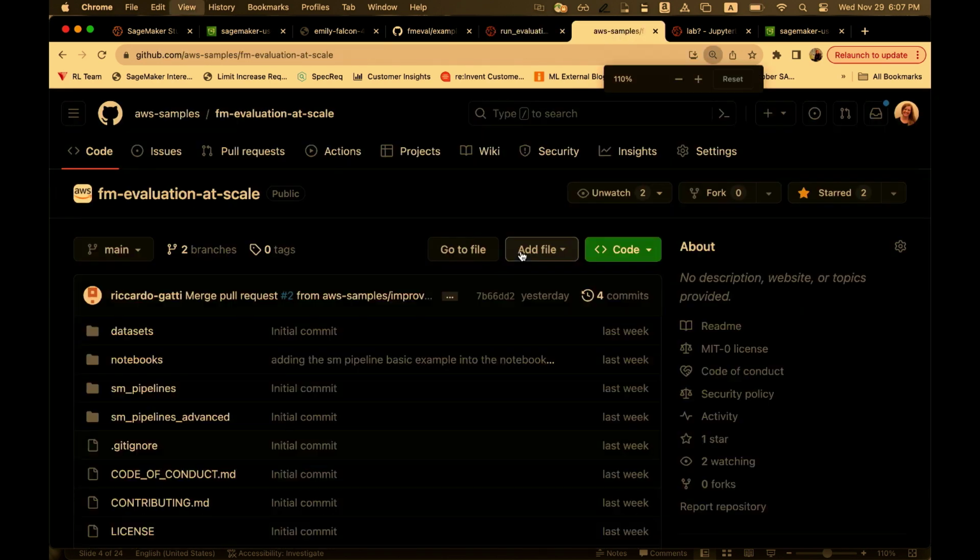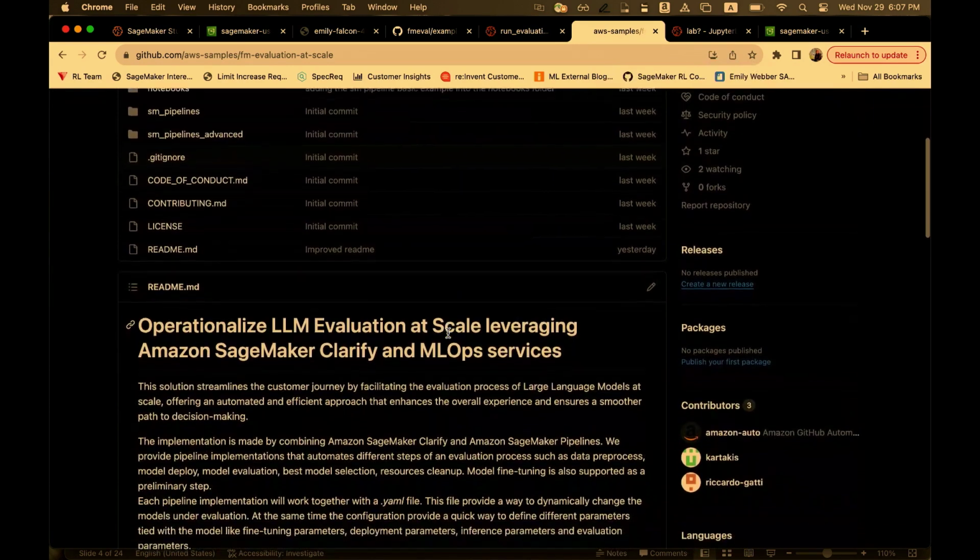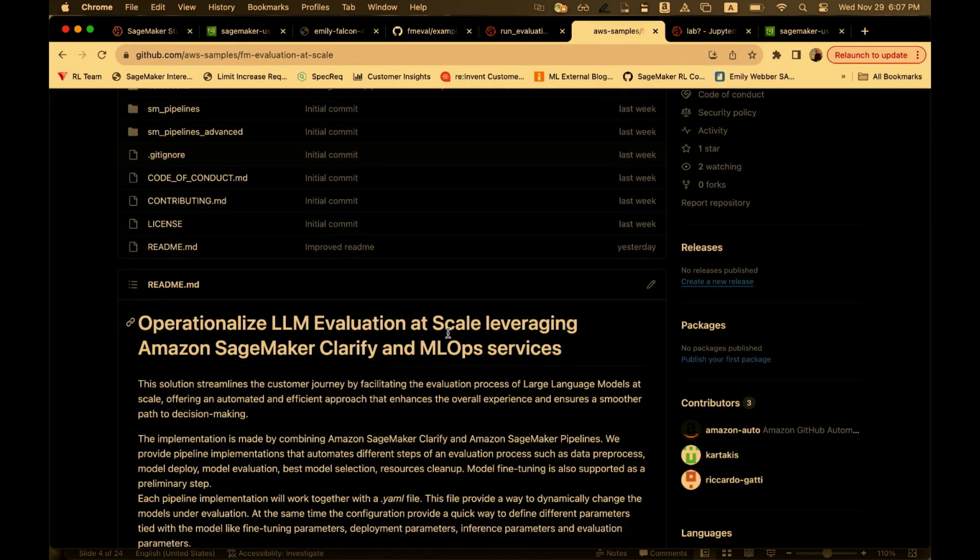So we have another open source repository. This is taking this new framework and putting it inside of SageMaker pipelines. I've been playing with this all week, for the last couple of weeks, actually. It is very nice and easy to use. Works very well, and it's easy to customize. There's a large YAML file to configure this entire pipeline, and you can customize this YAML file to point to different models and to do slightly different things in your entire pipeline.